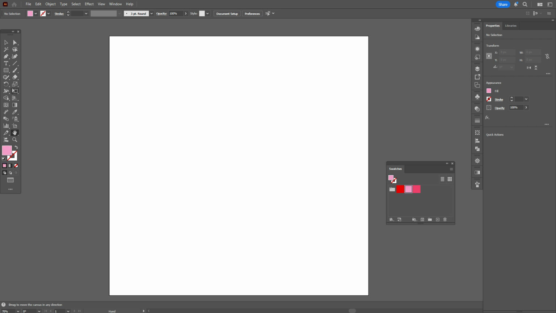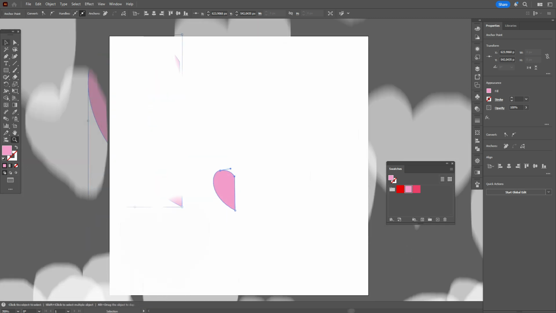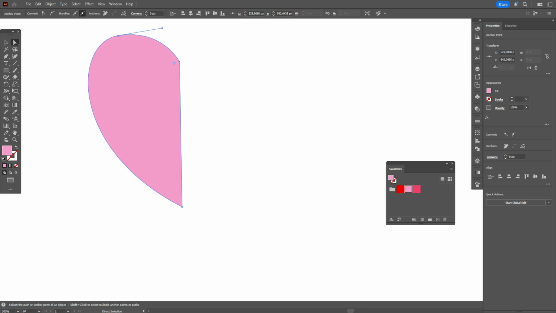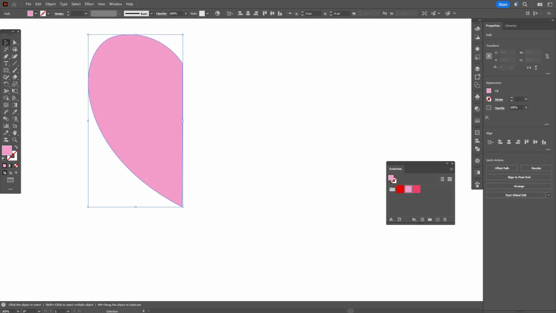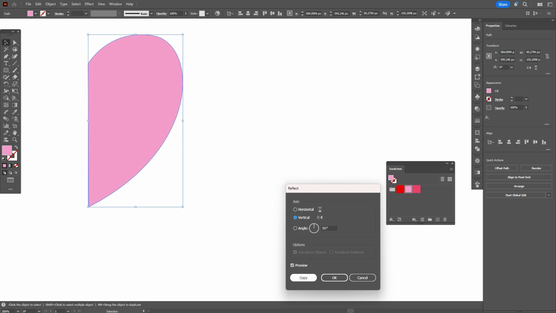Let's take the light pink color and the pen tool and draw the heart. The first point, the next one here, and the last one in that place. And close the path. Now select that heart and move the points here. And now select again, transform, reflect vertical, copy,